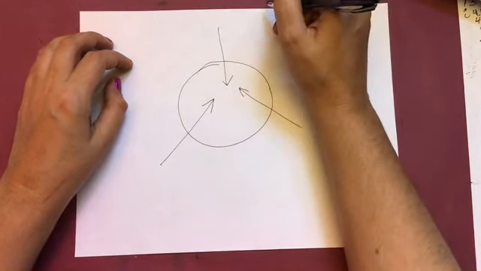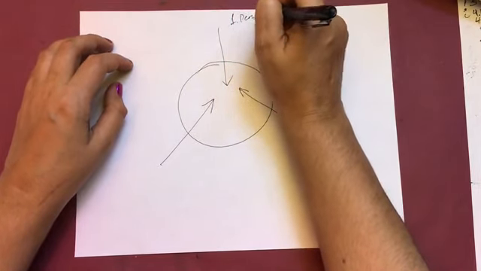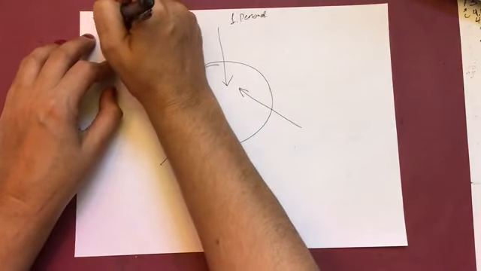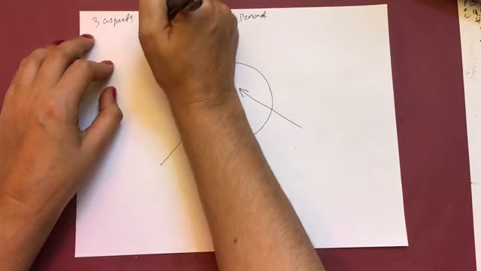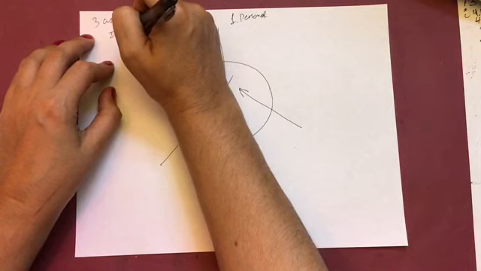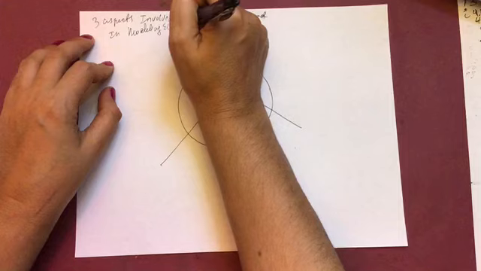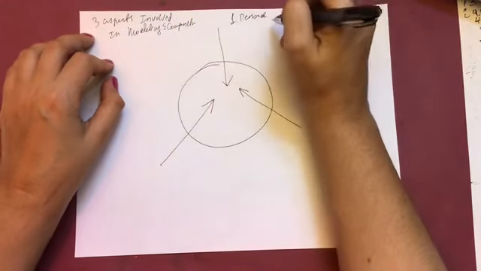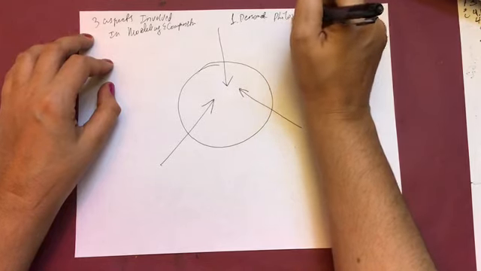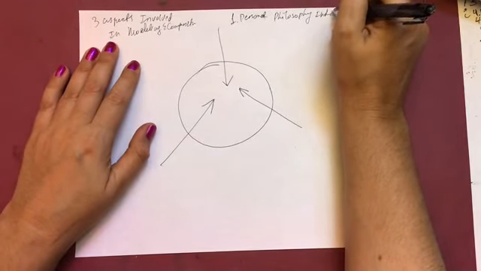So, personal philosophy in life. Part number 1 will be personal philosophy in life. These are the 3 aspects that are involved in modeling and composition. So what is personal philosophy in life?